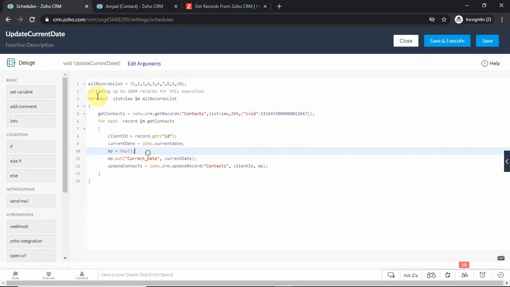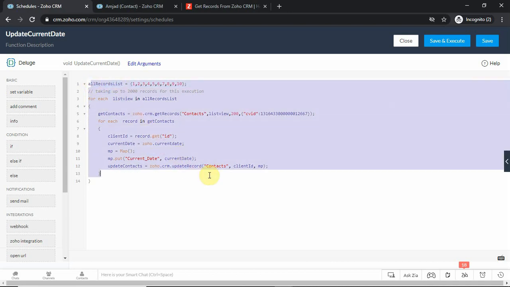So the way it works, basically, this is a custom function I have written. Now let me give you an understanding of how this custom function works. So this is the list which I am defining. This is required if your number of records is supposed to be more than 200, because one call cannot execute for more than 200 records. So here we are defining that for each of those list items, we'll be using 200 records. So this function will work for up to 2000 records because I have taken 10 list elements here, and each of these stands for 200 records. 200 into 10 is going to be 2000 records.